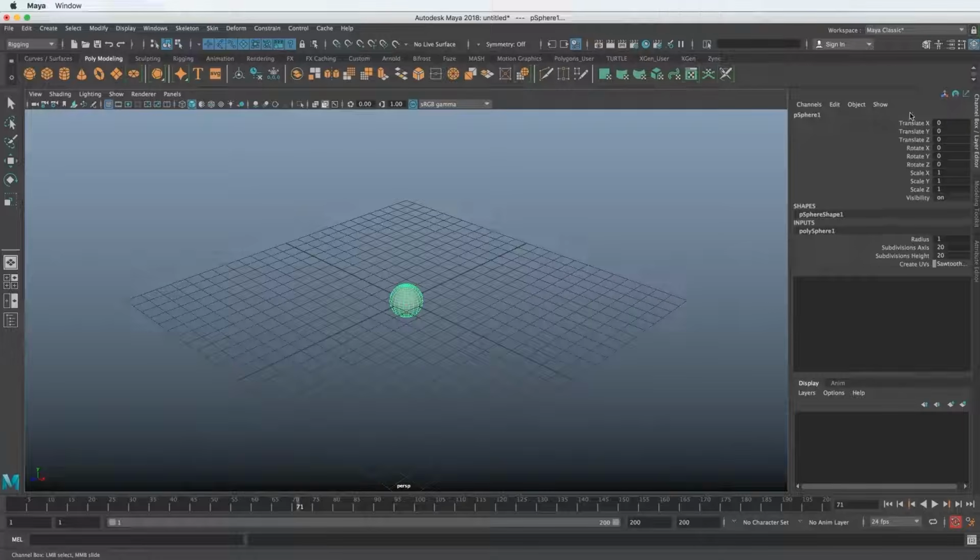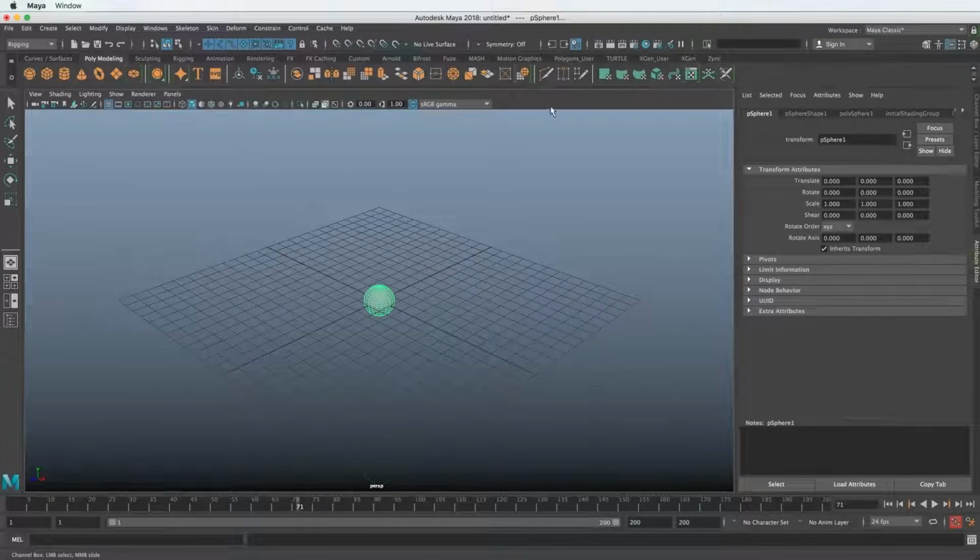Now that we know what the channel box is and the difference with the attribute editor, let's jump over to this section. We can see the viewport has its own options. If you hover over each one of these objects, you'll also get the tooltip. I won't go over each one of these because, to be honest, they're not very helpful as a beginner starting out. These aren't really that important.